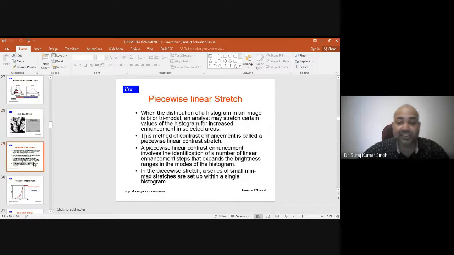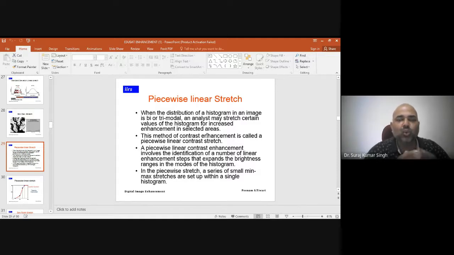Then you have the piecewise linear stretch. It's the same form as what we have already done. This is used when the distribution of a histogram in an image is bimodal or trimodal, meaning there are 2 or 3 modes together, and an analyst may state certain values of the histogram for increased enhancement in a selected area. Many times I don't want to stretch the entire values of the image.